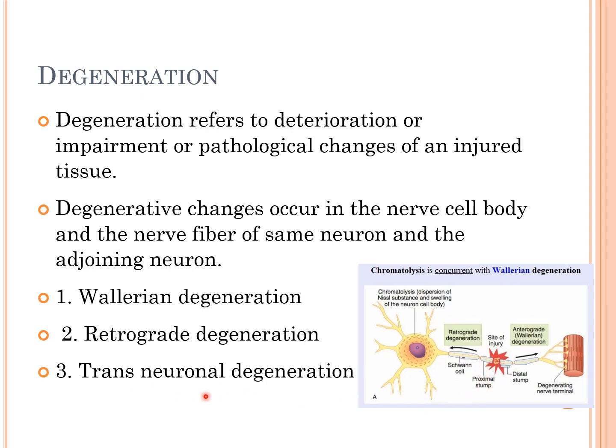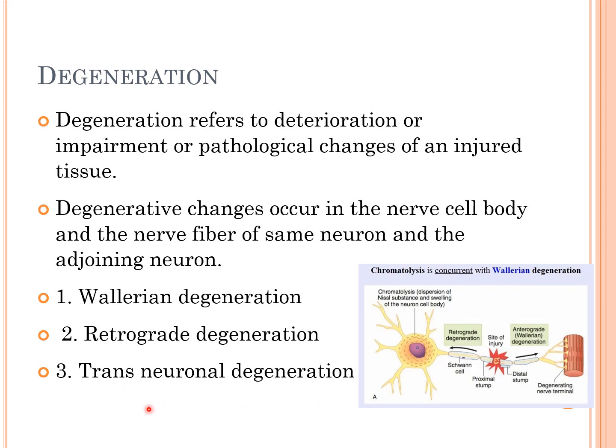What is meant by transneuronal degeneration? The degenerative changes will also occur in the neuron which is joined with this injured neuron. That is, the neuron which synapses with this neuron will also show some degenerative changes. So that type of degeneration is called transneuronal degeneration,